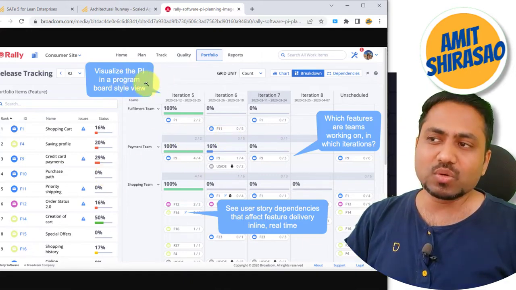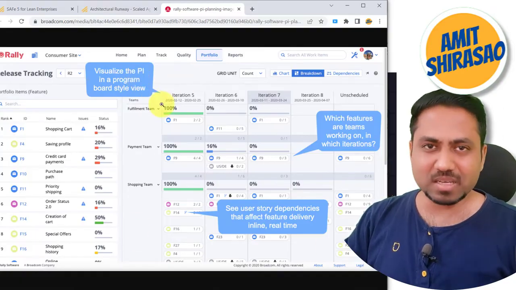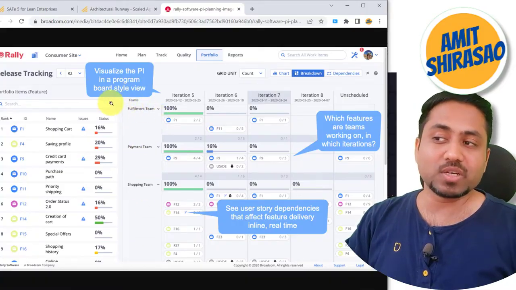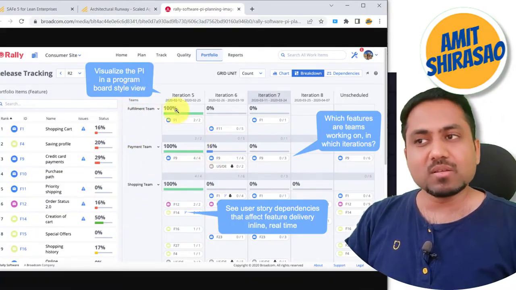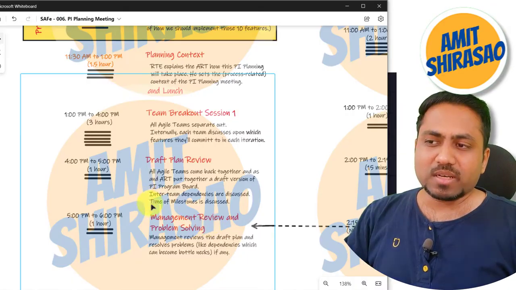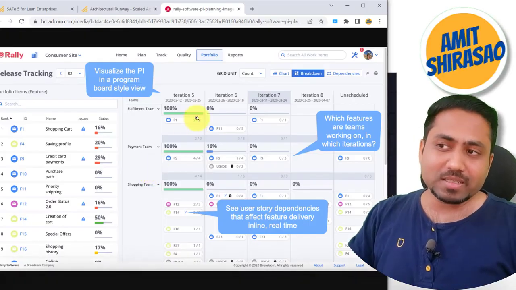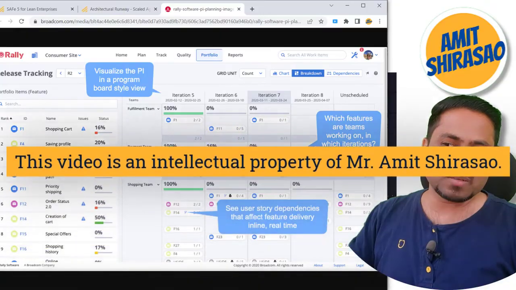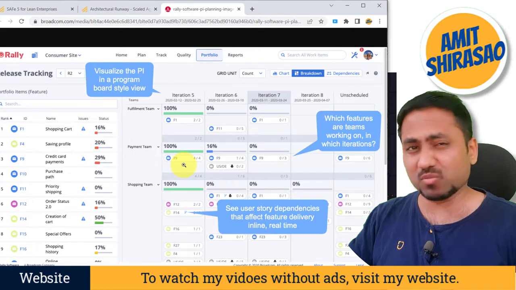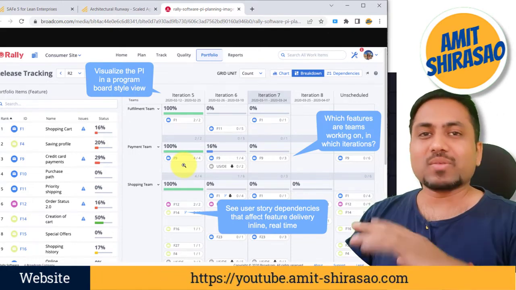As soon as you deselect your team, this becomes your program board. The same thing becomes your program board, because now you are seeing all the teams here. You haven't selected just one team, you have selected all the teams. So this becomes your program board. Now in the draft plan review, the entire art looks at that program board and sees, okay, this is not possible, this depends on that, these stories must all be completed in this particular iteration only, so please move them forward and front load those stories. That kind of activity happens over here.